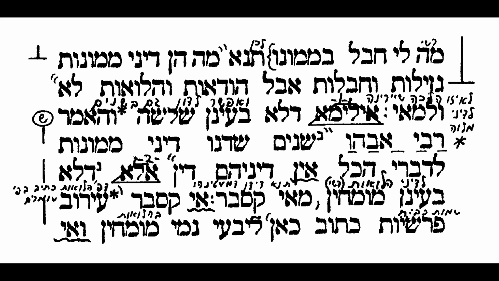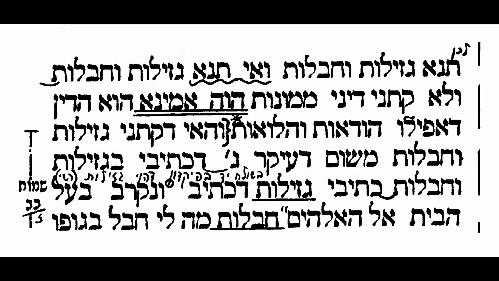Therefore, it was necessary to spell out what are the dine momenos that we are discussing. Only gezelos v'chavolos to the exclusion of hodos v'havos. Now we go back and read the Gemara straight through without the skip. Let's go to the line above the brackets where we said, had the Mishnah taught gezelos v'chavolos and not taught dine momenos, have amina, we're picking up from the double underline have amina, I would have thought, hu hadin da'afilu hodos v'avos,